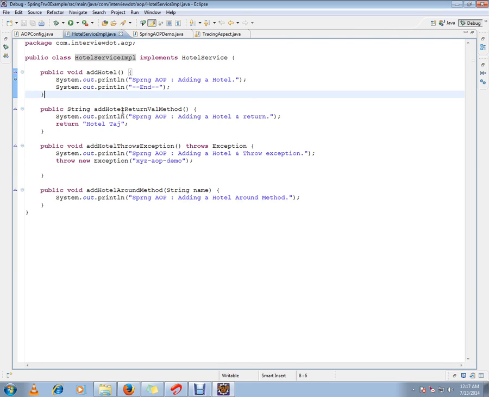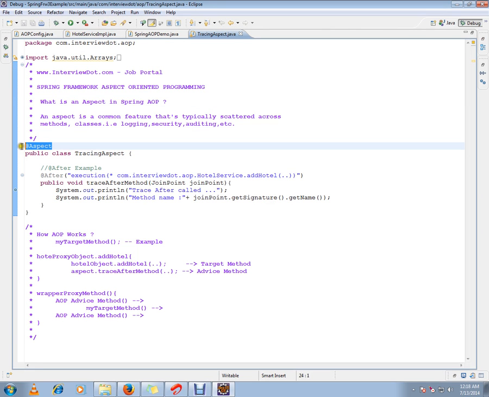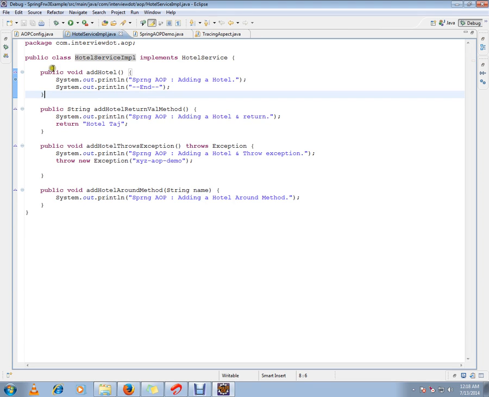So I want to separate it in a different class and make it an aspect and inform the Spring framework, or configure the Spring framework: whenever the service method is called, call this logging method. So first point, please remember, aspect is introduced just to separate the cross-cutting concerns code, like logging, from the business layer code. If you see here, I don't have any logging code in my business layer, but still